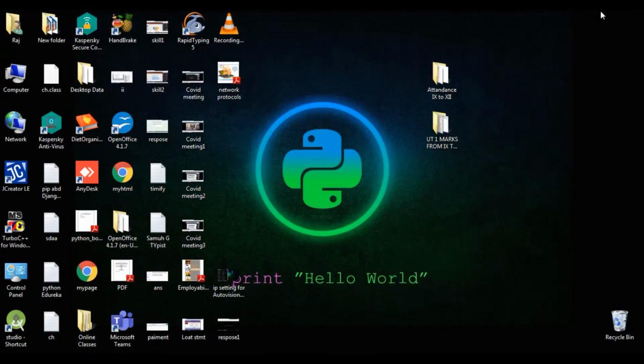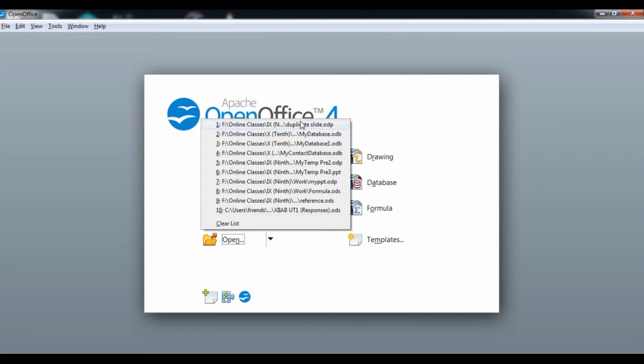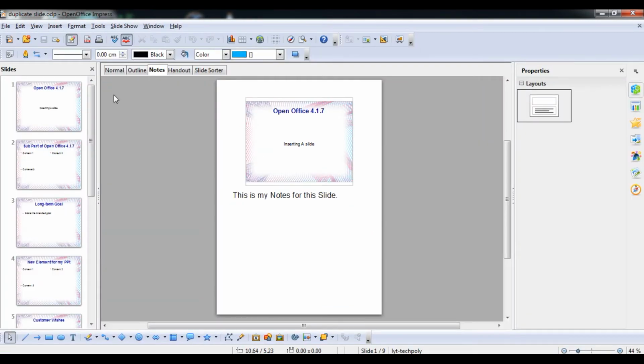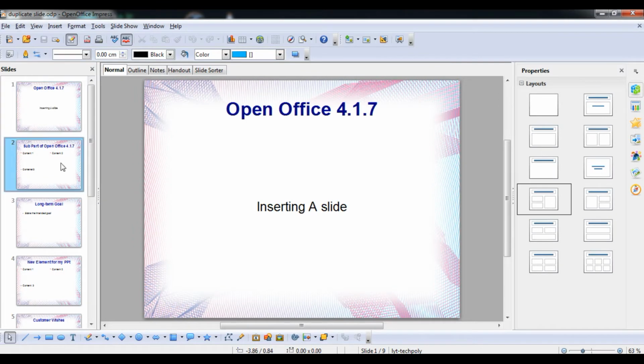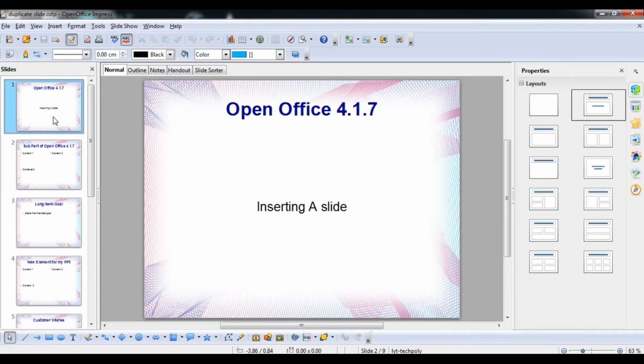So student, we are going to do it practically. I am going to open the OpenOffice Impress application. Inside that I will select the earlier created slide. I will go to the open option and click on duplicate slide, as I created it earlier. Then I will click on normal view, because in an earlier video I taught you how to access the different workspaces, in which there was also the notes view. Now we are going to change some fonts.